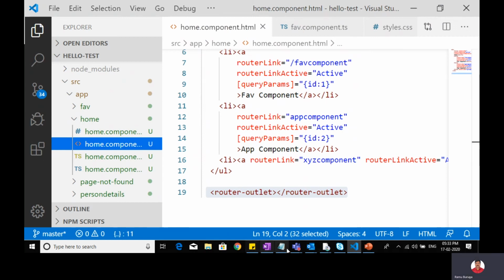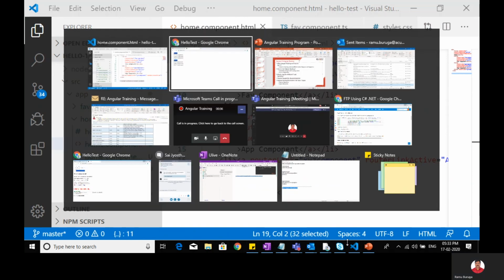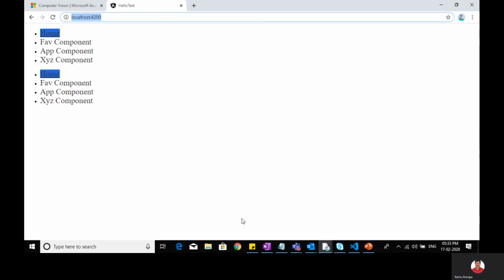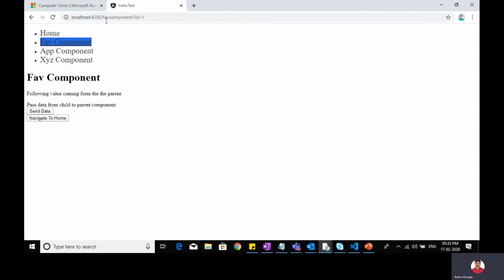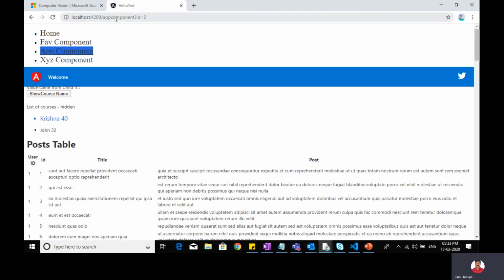When you observe, if I implement this without routing, using my custom logic to provide the navigation links, then it won't support this kind of thing. See, when I click here, what is it showing? Favorite component, Fav component, which I gave an alias name, right? When I click here, it is showing app component.